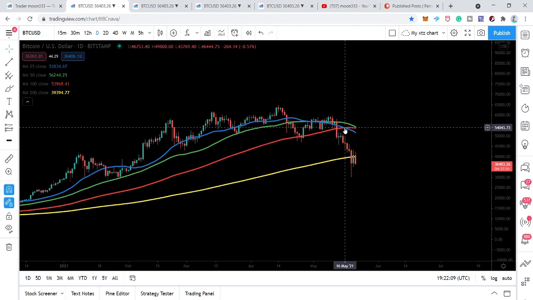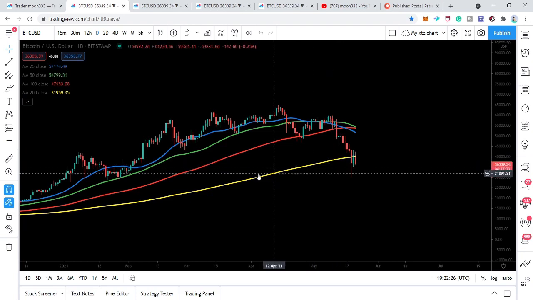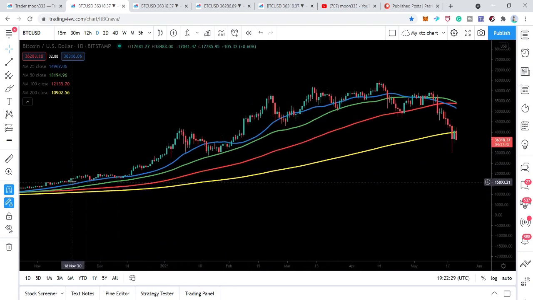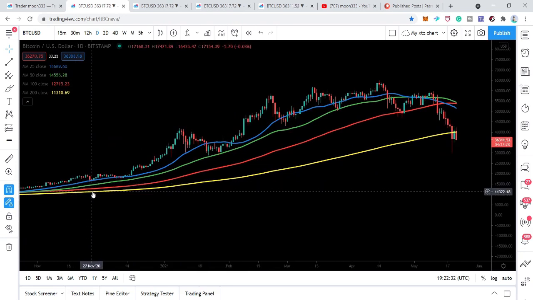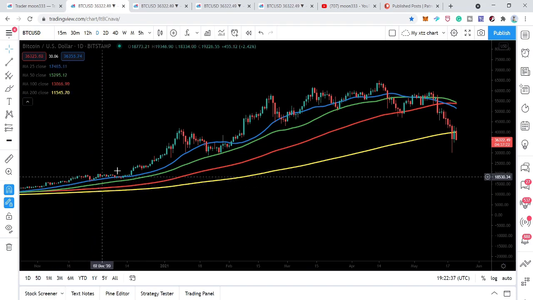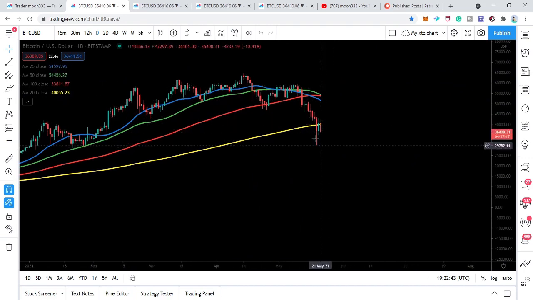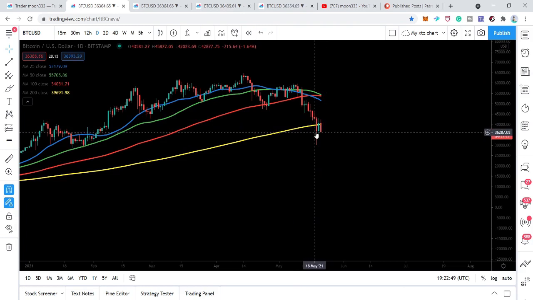I've been telling you in my previous videos that whenever the smaller time period moving averages cross down the bigger time period moving averages, that produces the bearish move or bearish rally. That is the sell signal. And whenever the smaller time period moving average crosses up the bigger time period moving average, that is the buying signal. Therefore, when we had the smaller time period moving averages above all and the biggest time period moving averages below, we had a very nice rally to the upside, and now we are having a rally to the downside. But so far the candlesticks are still moving at the 200 simple moving average. That is a very good support on the daily time frame chart.